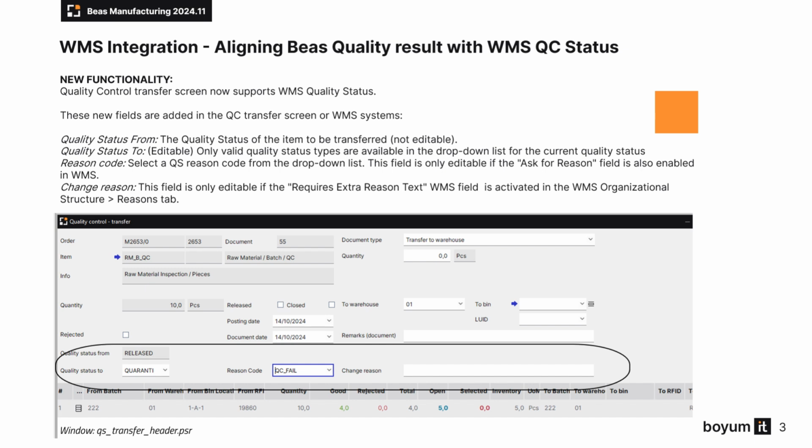Only valid quality status values are displayed in the drop-down list for the current quality status. In the reason code list, you can select a quality status reason code from the drop-down list. This field is only editable if the Ask for Reason field is also enabled in WMS. In the Change Reason text field, you can add your own notes or explanation for the change reason. This field is editable if the Requires Extra Reason Text WMS field is enabled in the WMS Organizational Structure Reasons